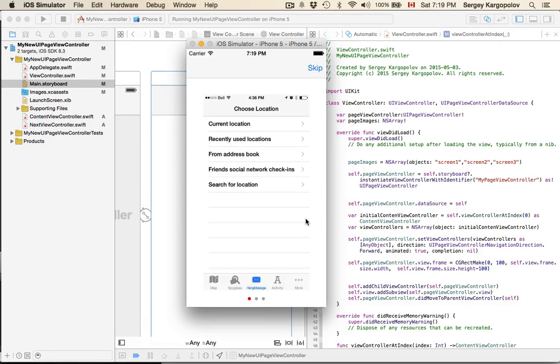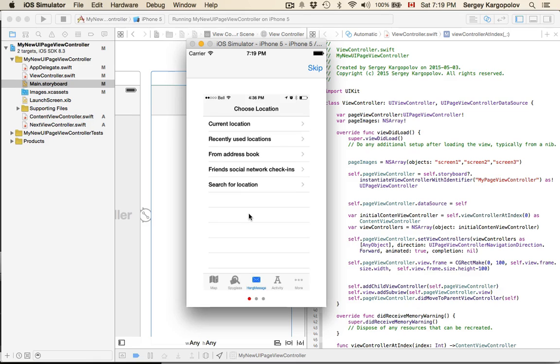In this video, I'm going to show you how to create UIPageViewController, which you can use to create a simple tutorial for your mobile application. And the way it will work is this. A user will start your mobile app, and the first thing they will see is this little tutorial which was